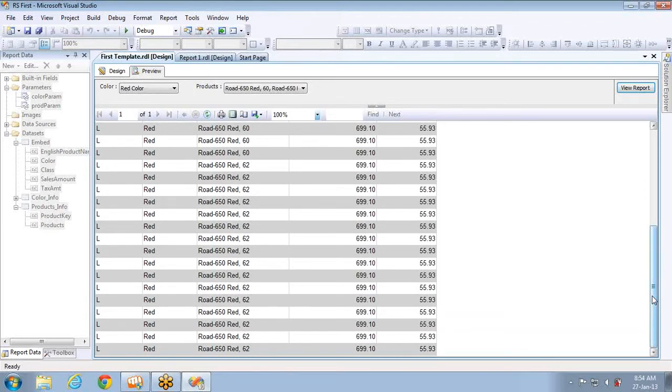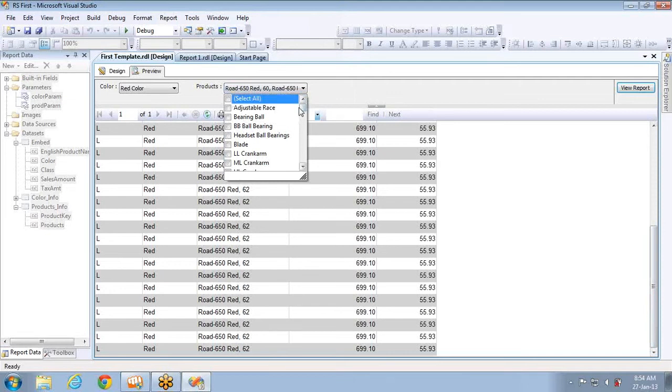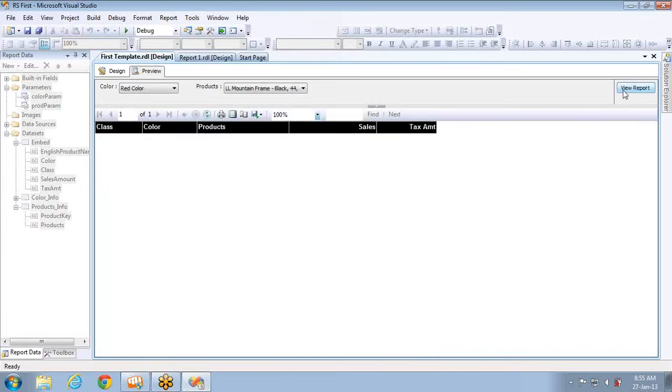The user can filter based on color as well as based on product. Now, if you observe it clearly, we have a problem here, and the problem is, instead of selecting this red, if I select something with the blue color or black color, if you see, this is black, guys, black color products. If I select this, obviously the data will not be returned. Why? Because these products come in only red color. So if you provide black here, then you can expect data. Why? Because it comes in black color.